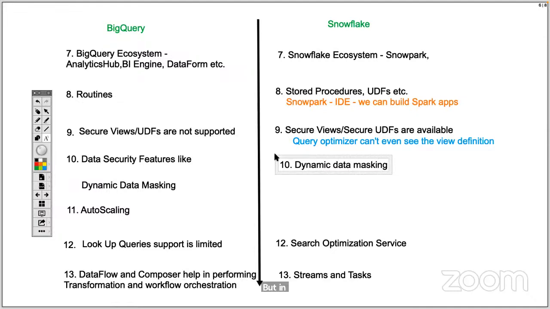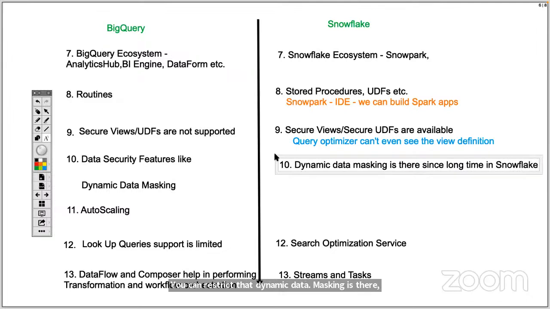What is dynamic data masking? Let's say there is production data and you are cloning it to a lower environment, and you don't want people with different roles to see that data in plain text. Or let's take a very simple example: you have a table in production itself with some credit card data, and you don't want everyone to see that credit card information. Only a few people in a specific role should be able to see that data. You can restrict that. Dynamic data masking has been there for a long time in Snowflake, and it is quite mature. We can define this policy.